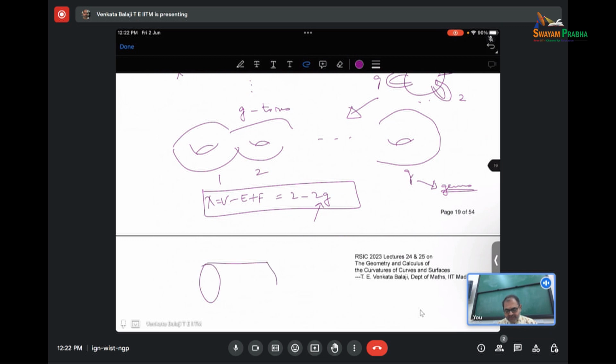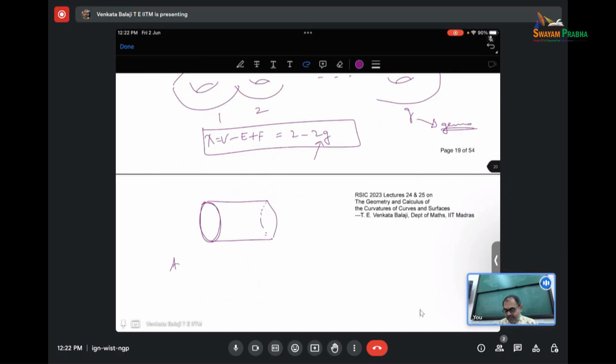What I mean by boundary is that if you draw a cylinder like this, then this circle and this circle are boundaries. Now if you take a sphere, there is no boundary at all. But if I cut out a disc in the sphere, then the boundary circle will become a boundary. So the moral of the story is that any closed bounded